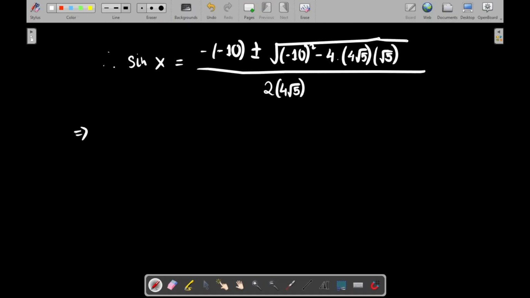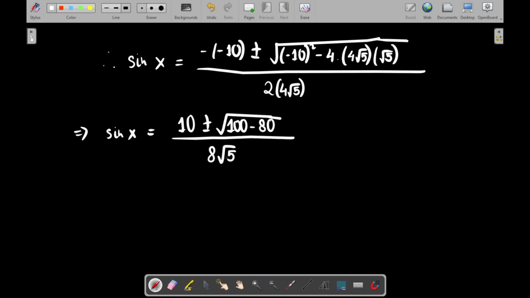So on further simplification, this gives us sin x equal to 10 plus minus, this will become 100, and this will become 4 times 4 is 16, and root 5 square becomes 5, so 16 times 5 will become 80, right? So this becomes 100 minus 80 upon 8 root 5. So this becomes 10 plus minus, this is root 20, right? So root 20 is nothing but 2 root 5